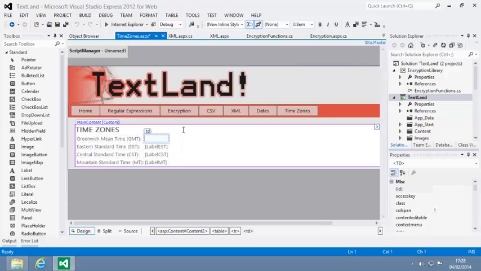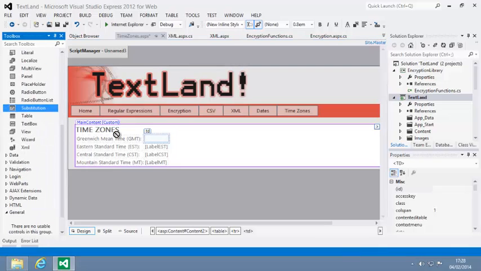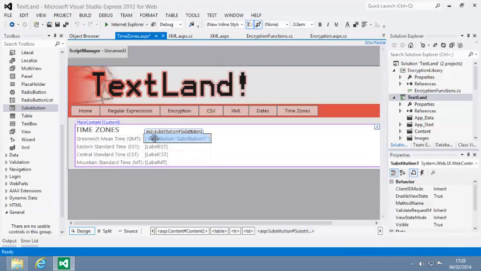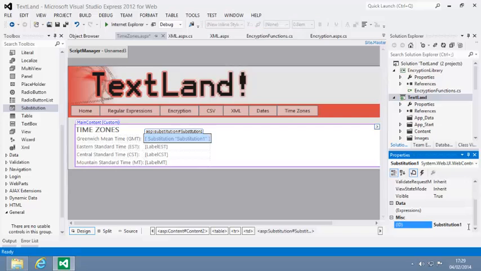and replace it with a substitution control. You will find the substitution control in the Standard category of the toolbox. Set the ID property of the new control to SubstitutionGMT. Because you deleted the labelGMT control, the code that refers to it will now cause an